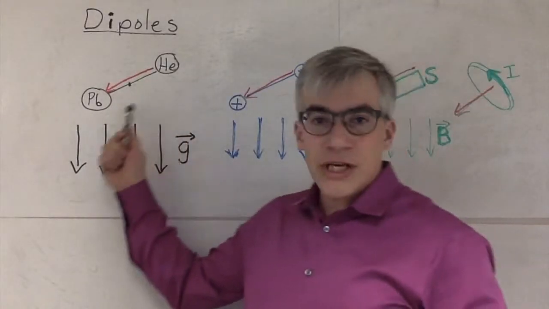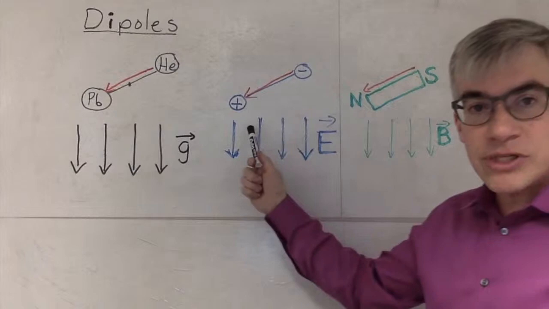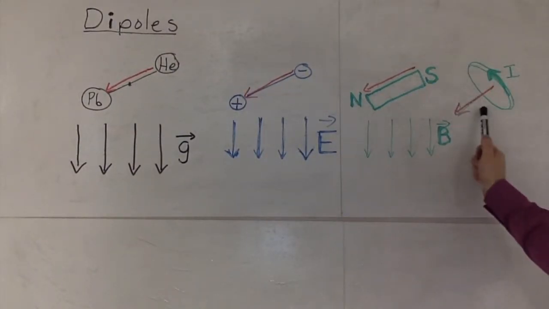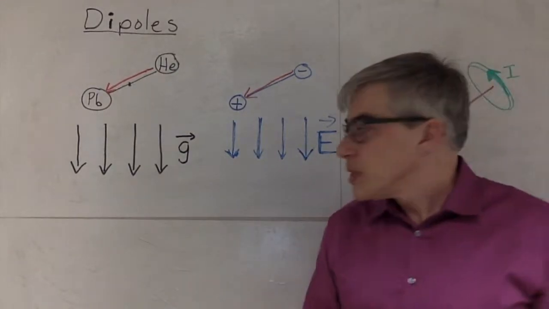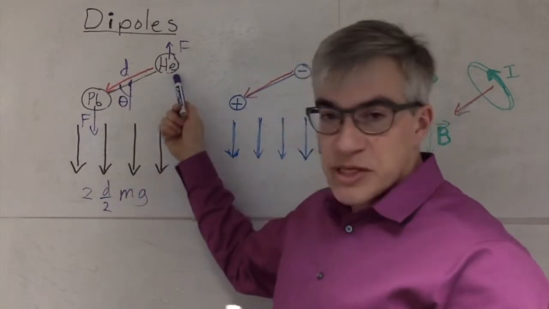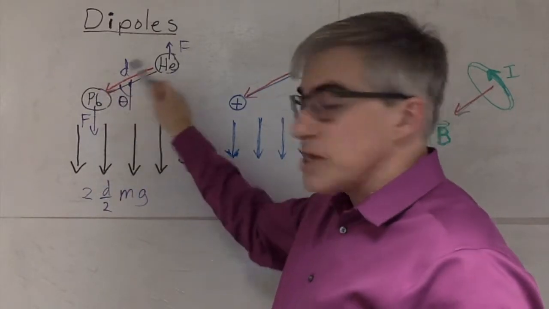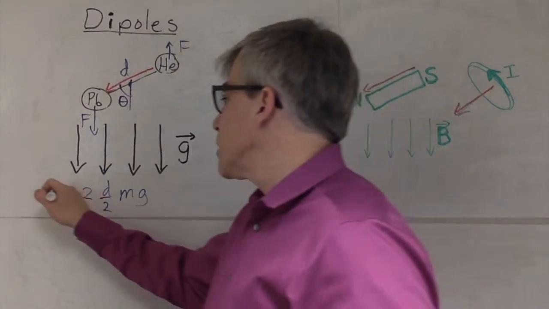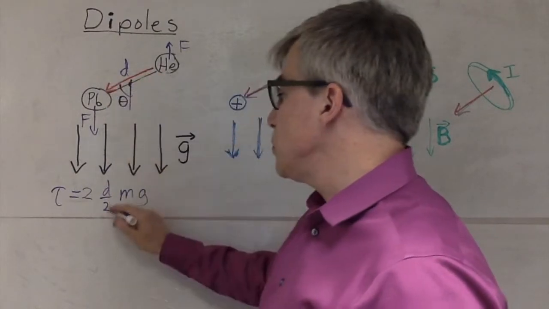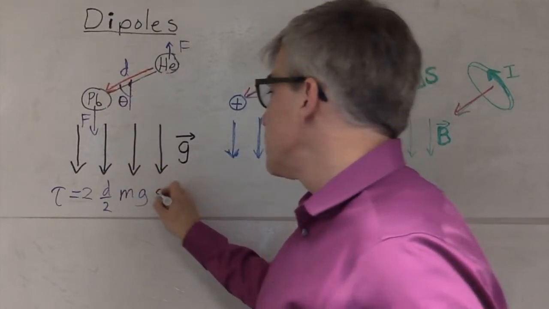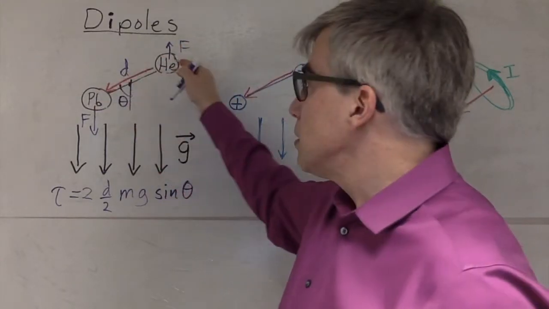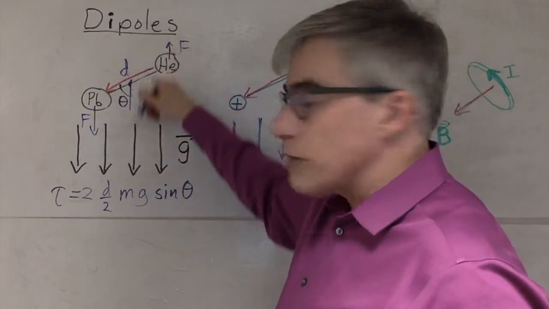You can have a gravitational dipole, an electric dipole, or a magnetic dipole, which can be either a bar magnet or a loop of current. Let's compare them. For the gravitational dipole, if we consider this to have mass m, and this, because of buoyancy, negative m, and they're separated by a distance d, the torque on this thing would be 2 times d over 2 times mg times the sine of the angle between the dipole direction, helium to lead, and the gravitational field